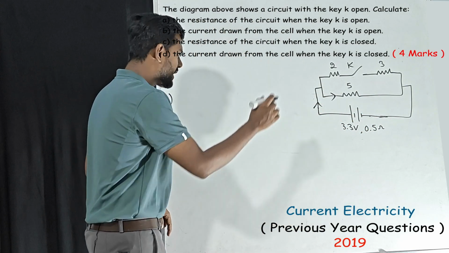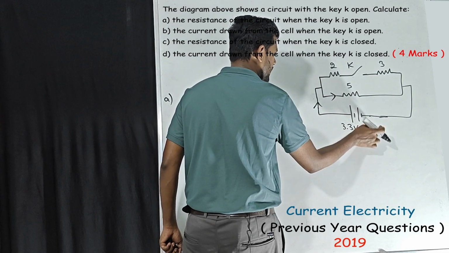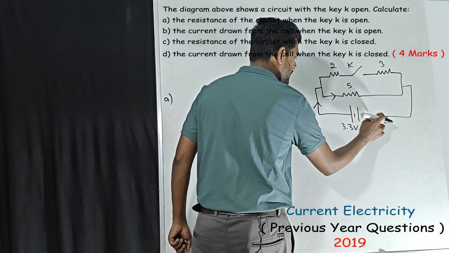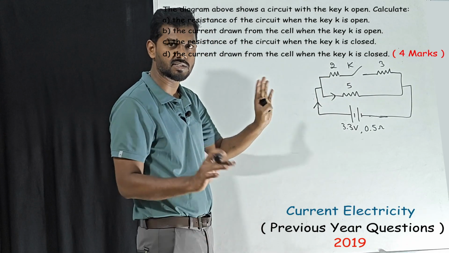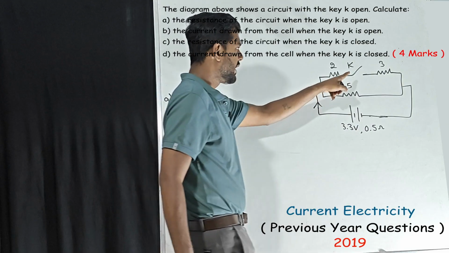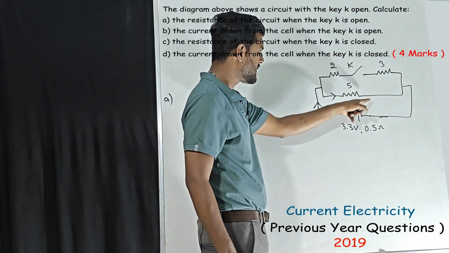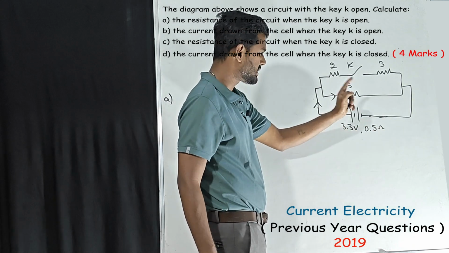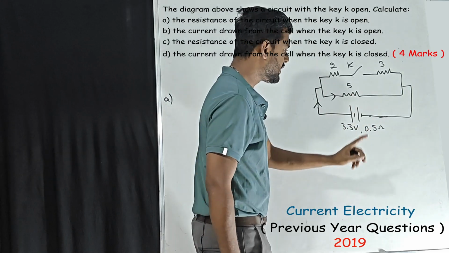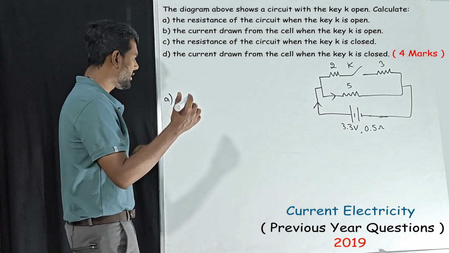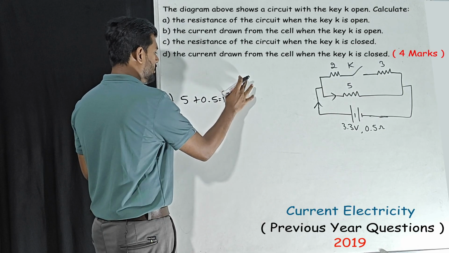Now in this case, what is the resistance? This is 5 ohm resistance and this is 0.5. Whenever these two are in series, all this internal resistance always adds to the external resistance. So first find the external resistance. If the current was going here, then this would be the external resistance. We have to find the complete resistance value, then add it to the internal resistance. In the same way, now here the current is not going, only these two resistances are there, we have to add them. Keep that in mind. So 5 plus 0.5 will be equal to